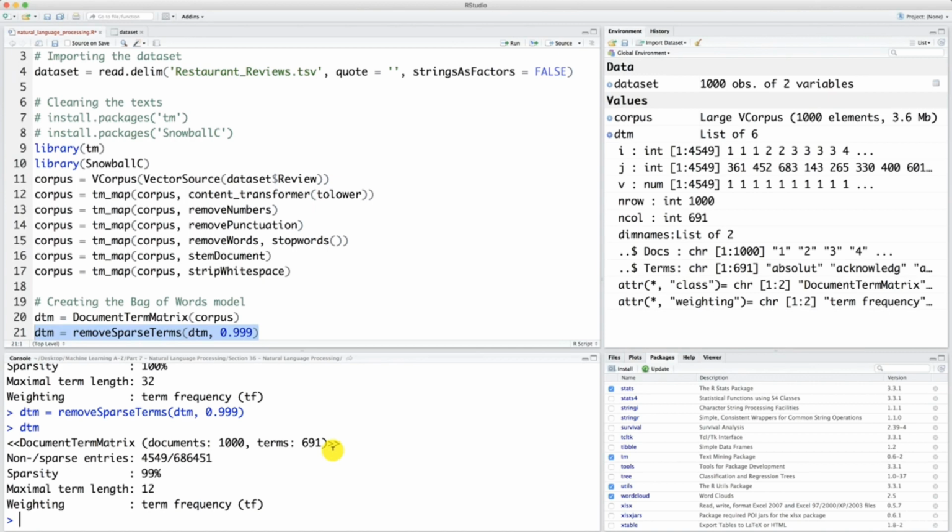We built our bag of words model, congratulations for that. And now it's time to make the classification model. So that's what we'll do in the next and final tutorial of this section. And until